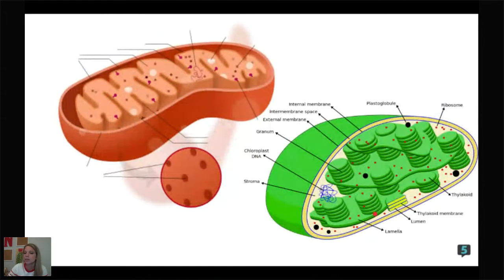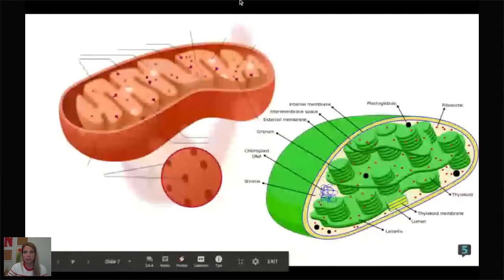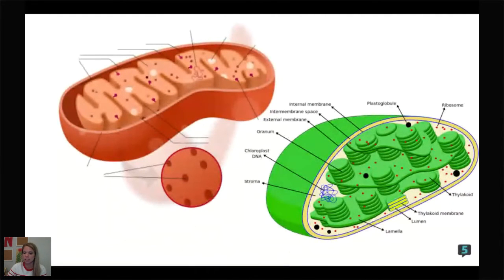But chloroplasts, they're a little different. They don't have just squiggly lines of cristae. They've actually got stacks of things called grana, which are made of thylakoids. But it's the same concept. They do have that increased surface area so they can do more photosynthesis. Justin, endosymbiosis. Ooh, someone's thinking ahead. All right, we're going to talk about that. Put that little thought right behind your ear. Hold on to it for just a sec because that's in the next couple of slides.